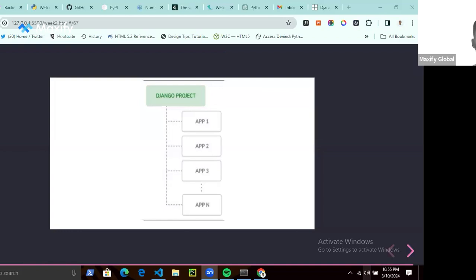WordPress is powered by PHP, and WordPress is a content management system. It helps you quickly build a website using a drag and drop interface, templates, page builders, and plugins. Plugins help you with functionalities like logging in. If you understand PHP programming, you can actually customize WordPress. But Django, backend development, is still building websites and web applications.